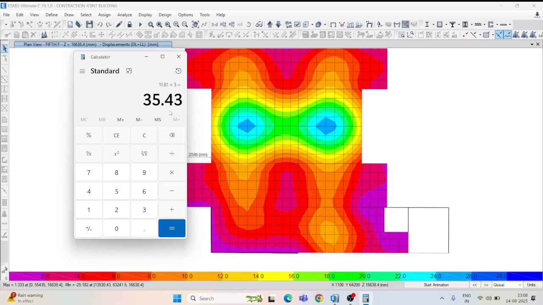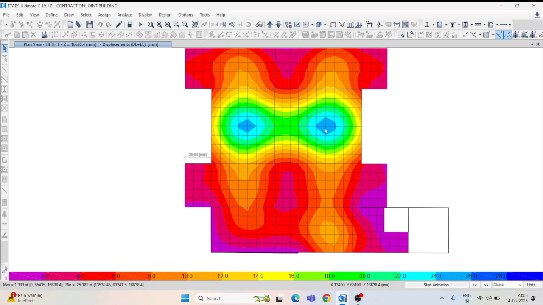So 35.43 mm deflection we are getting, but how much is allowed? Only 17 mm. So what you have to do? You have to increase the depth of the beam, or you have to add one more beam like that. Okay, we'll see what happens.